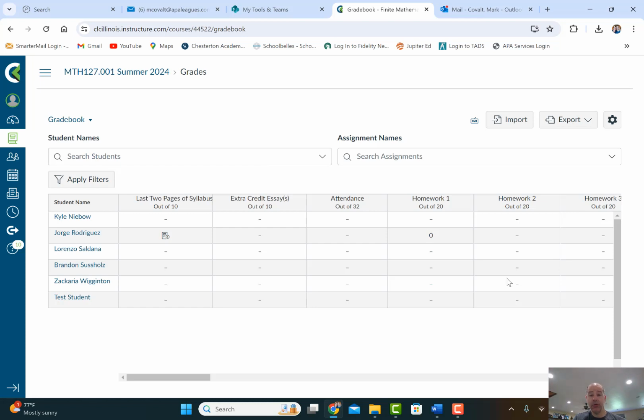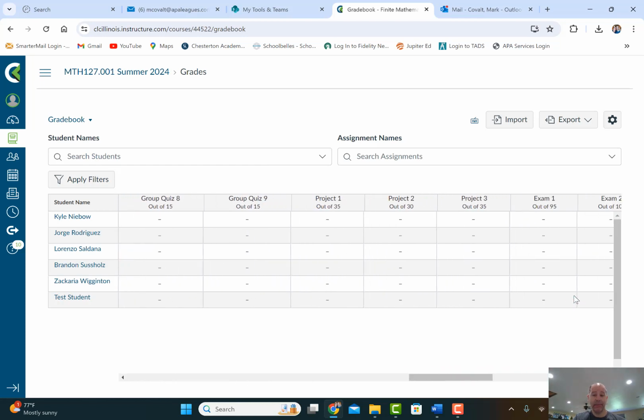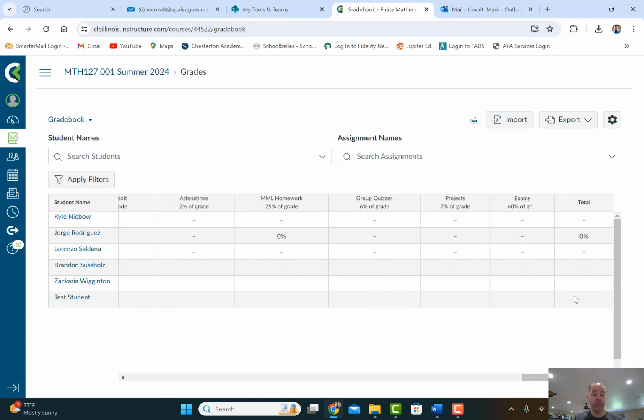Now here's the thing. I have to give you a grade based on how you did in the class, based on your mastery of the core of the material. So that total course grade tells me that. I can't just give you a grade because you worked really hard or because you did all the extra credit. The extra credit's there as an opportunity to help you get a higher grade in the class,